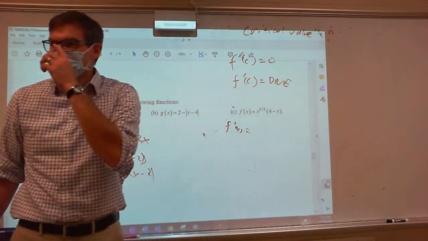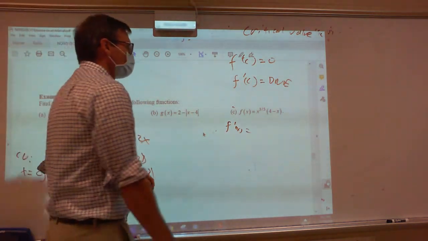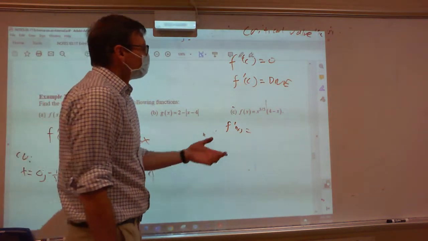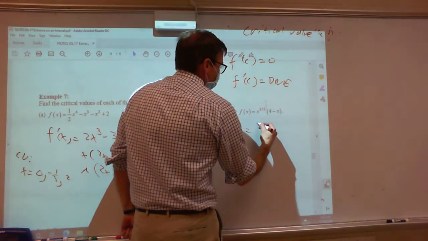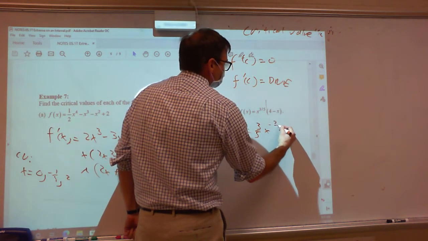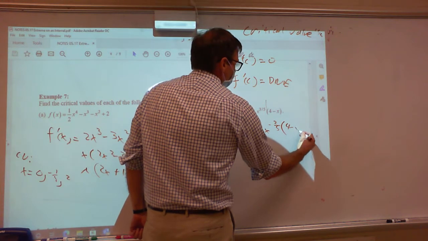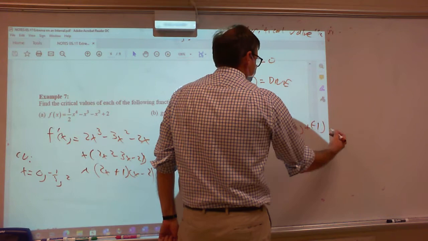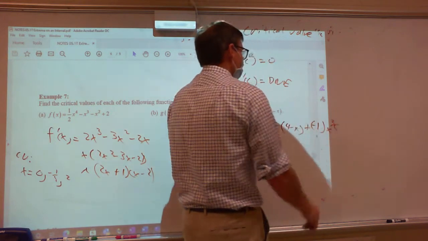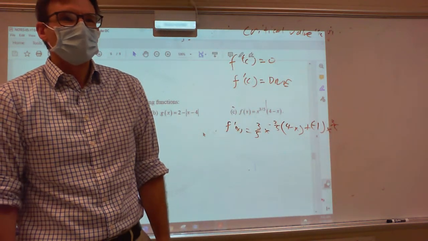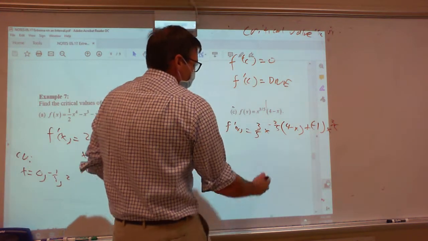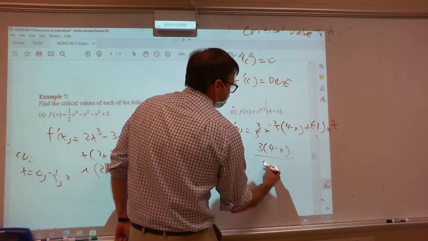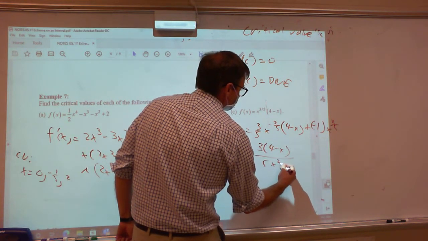So how do we take the derivative? Product rule. Everybody okay with product rule? When I do product rule, that's going to give me 3/5 x to the negative 2/5 times 4 minus x, plus the derivative of that, which is just a negative 1, times x to the 3/5. Well, that looks absolutely miserable. Let me clean it up. So when I clean this up, that's going to give me 3 times 4 minus x over 5 times x to the 2/5